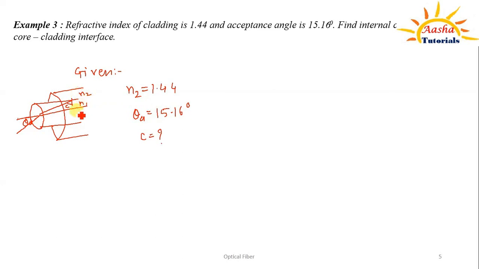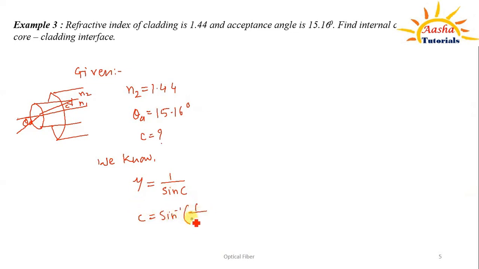Now which relation can we use to find this critical angle? We know the general relation between critical angle and refractive index: n is equal to 1 upon sin c. So the critical angle will be equal to sine inverse of